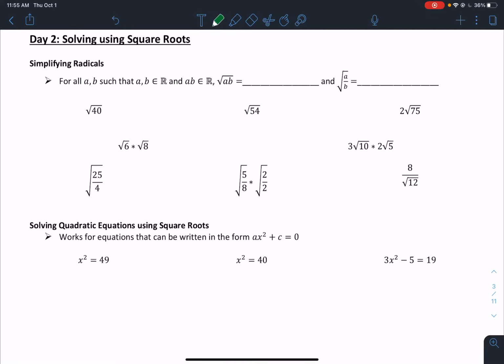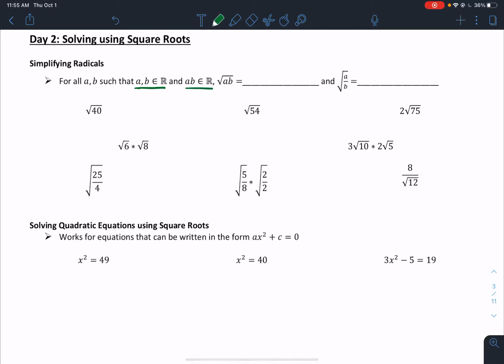Hello everybody, today we're going to be looking at solving using square roots and radical review. We need to get some review with some radicals as well. So, when we're simplifying radicals, for all a and b such that a and b are real numbers, all right, that's what this means. They're elements of the real number set,